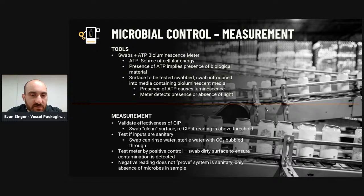Testing the inputs, we can do the same way using the swabs. We can either swab rinse water, use sterile water, bubble through CO2 from whatever source we're using and test that. And then read off of that swab if there's any micro contamination there. We'll make sure that the meter is working by doing a positive control. So operators will sometimes swab their hand or a surface they know is dirty and make sure that there's a reading off of that, because if a dirty surface is not giving a positive reading, that means there's a problem